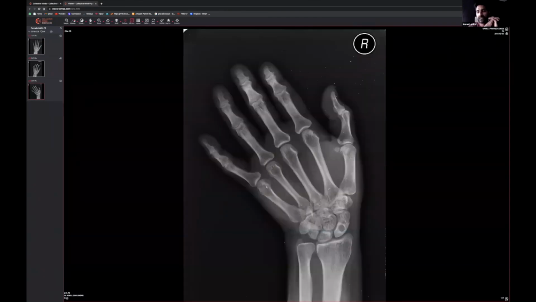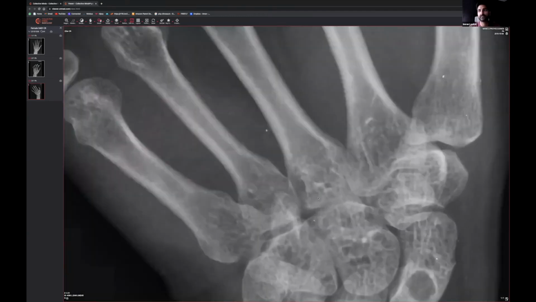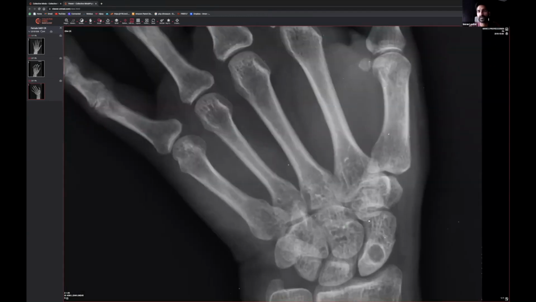So this patient has an X-ray of their hand. What can happen sometimes is that patients will get an X-ray of the hand, mainly because they've fallen over, they've got pain within their scaphoid, and they're worried about a scaphoid fracture. When we look at this one, hopefully you can see that in the region of the scaphoid, the boat-shaped bone of the wrist, this thing over here, there is what looks like a very well-defined spherical lesion